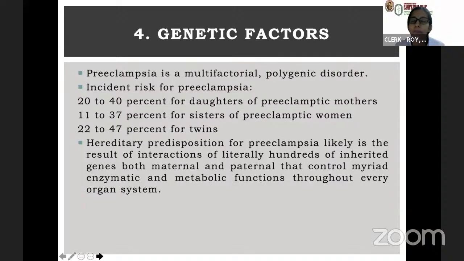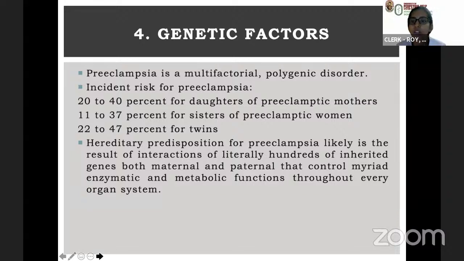So the hypertensive patients may present with proteinuria and edema, which we can see by pitting edema, and can test it. And the genetic factors: it is a multifactorial, polygenic disorder. So there will be a 20 to 40% chance for the daughters to develop